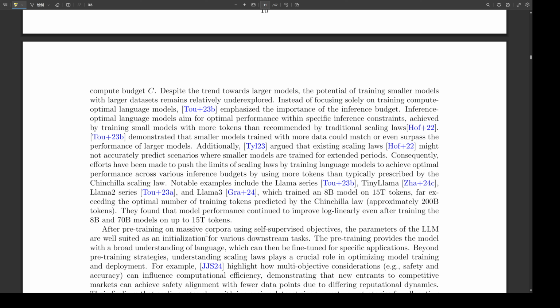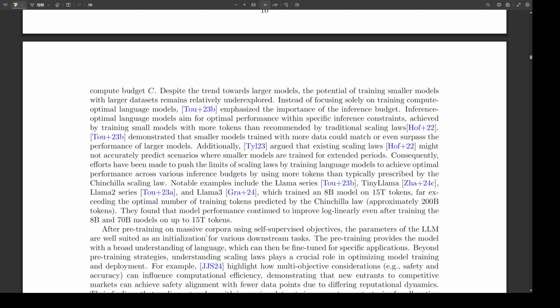Wow, that's a lot of different types of text. It is. Each source has its own pros and cons. Web pages offer a ton of data, but are often messy and need a lot of cleaning. Books are generally higher quality, but might be limited in their coverage. Academic papers are very specialized, and so on. It's like creating a balanced diet for the model. Yeah, a very diverse diet.